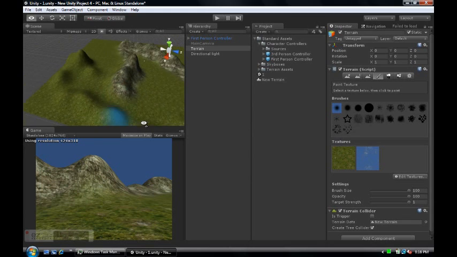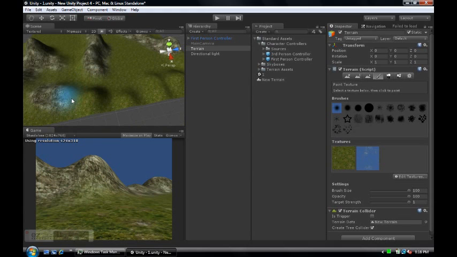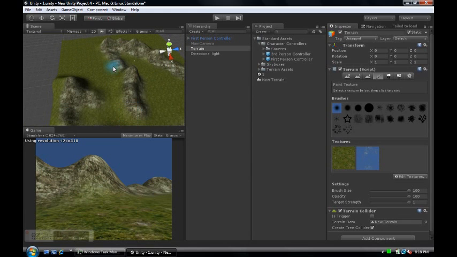I'm just making the mountains a bit more detailed. Yeah, that's basically it for me. Alright then, so what I'm going to do now, one last thing, I'm going to actually show you guys how